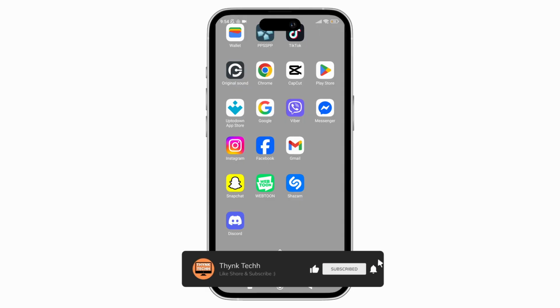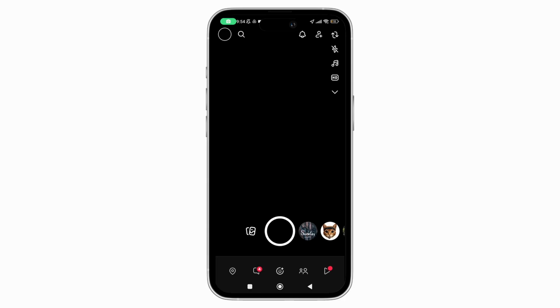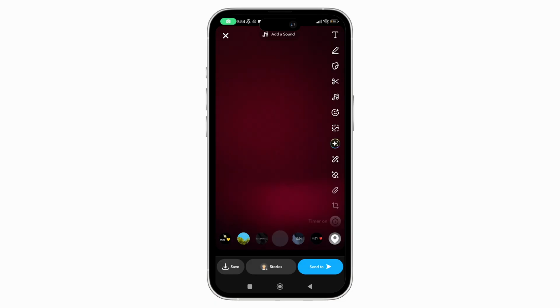So here, first things first, open the Snapchat app on your phone. And now here, once you are inside the app, just take a photo or record a video using the camera on the main screen. After capturing the snap, just look at the right side editing menu, and there you will be able to see a timer icon. So there you just have to tap on it, and now here